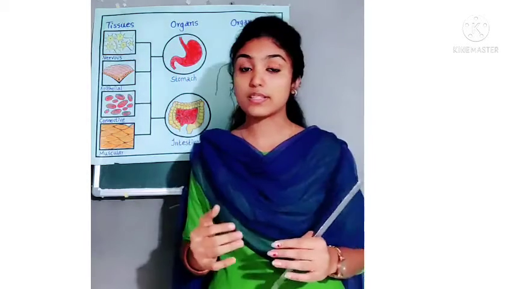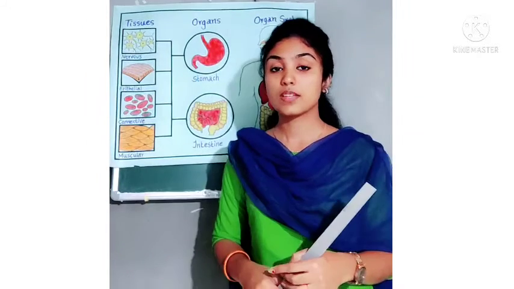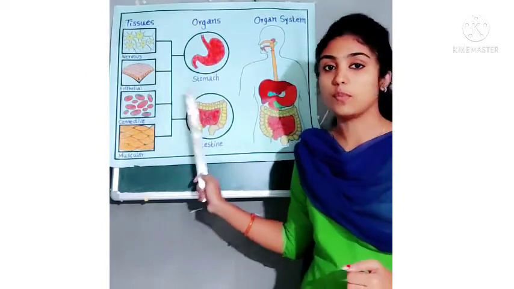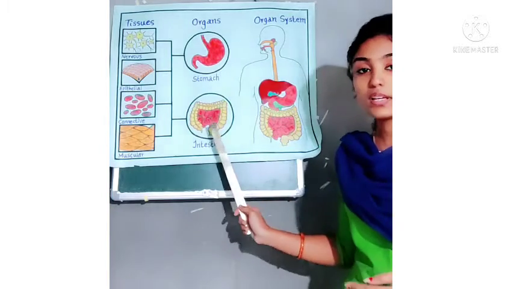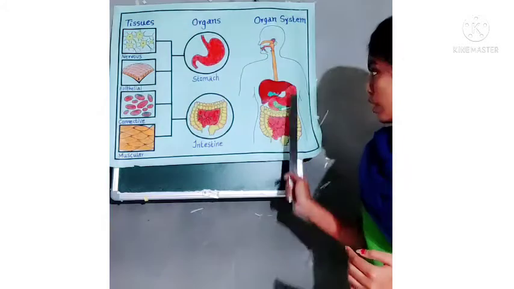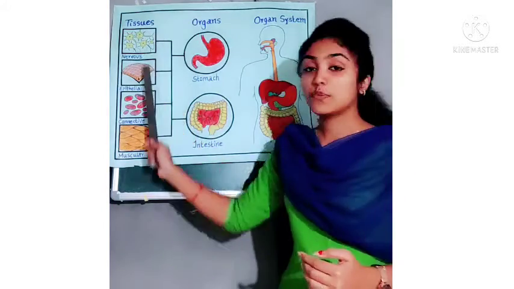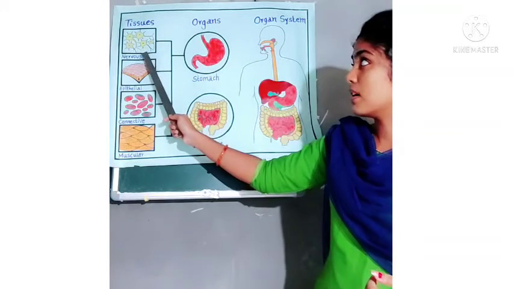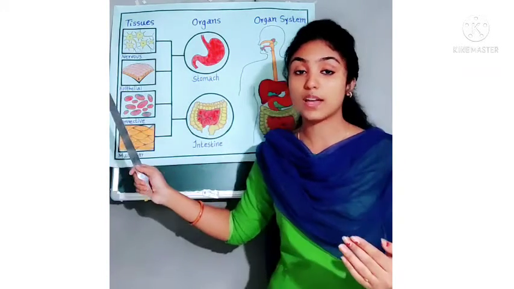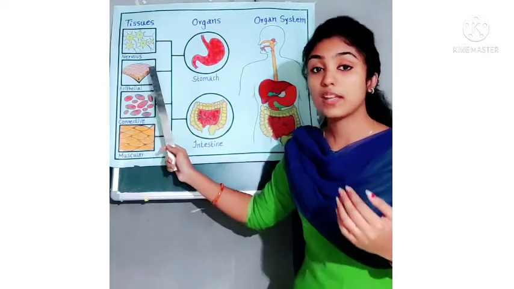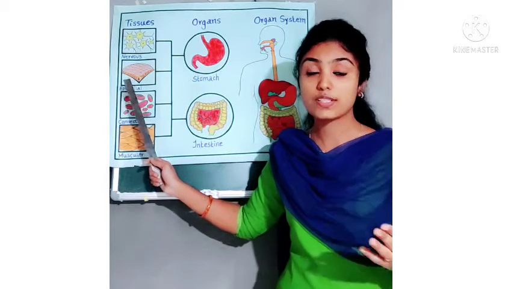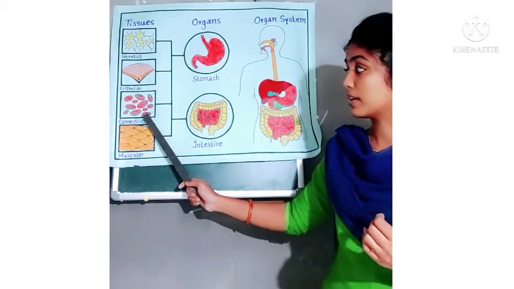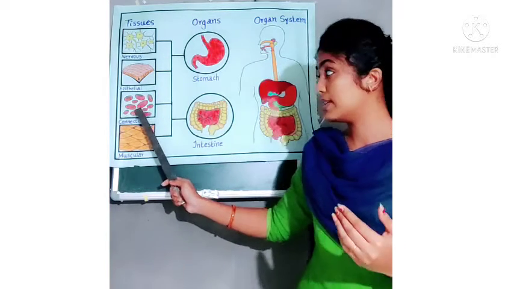So our body consists of many organ systems. So children, we understood that the tissues combine together to form organs, and the organs combine together to form organ system. Each of these tissues has its own functions. We know that the nervous tissue has the function of transporting impulses. Then epithelial tissue has many other functions like secretion, absorption and all. Then what about connective tissue? Here it is, blood is given.